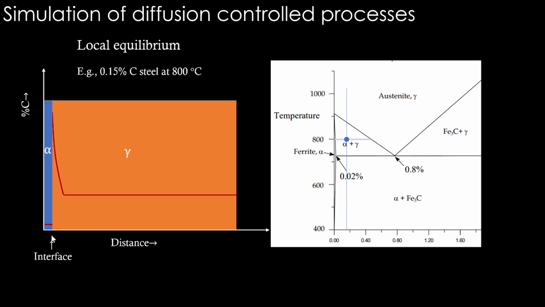That will be attained. So in the process, what will happen is this composition here, whatever carbon content is here is going to get increased. Okay, already carbon is higher here compared to this region, but thermodynamics tells this carbon content should increase further. So this will increase and reach the equilibrium composition of gamma throughout. Okay, until then this interface will be moving. It's called a diffusion controlled process because the entire movement of interface depends on how fast this carbon atom can move between this gamma and alpha phases.